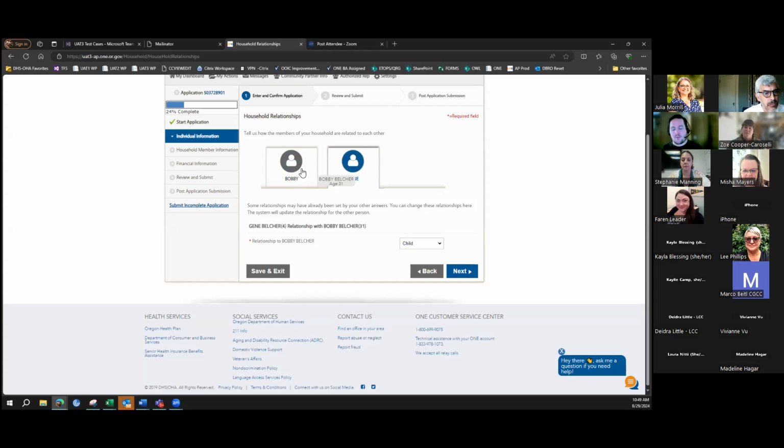Say that they were roommates or adult siblings, they would not be required to apply together. They could choose to apply together if they wanted to, but they would also be eligible to apply each separately for their own benefits and not have each other's income and other circumstances considered when they're applying. But since they are a parent-child relationship here, they are going to be required together, and all of each other's information is going to be used to determine the benefits.